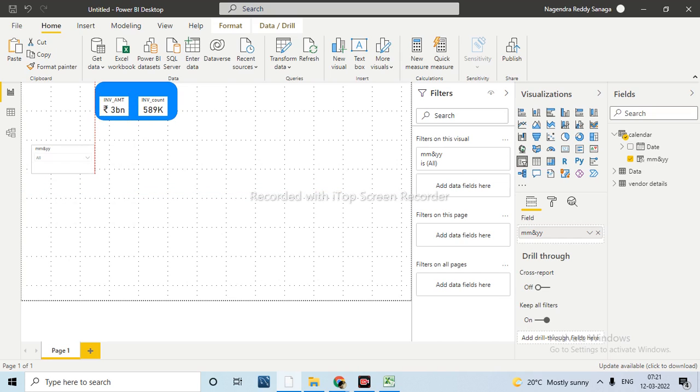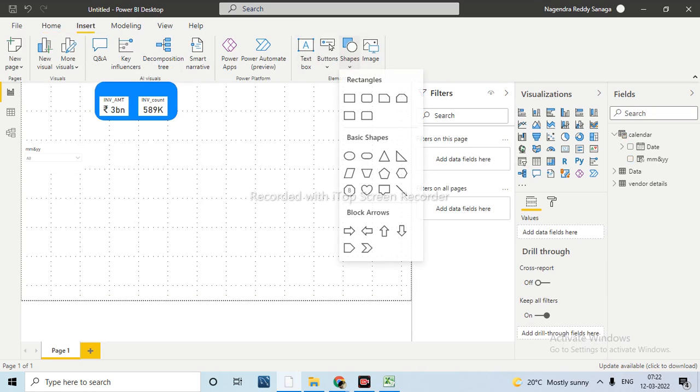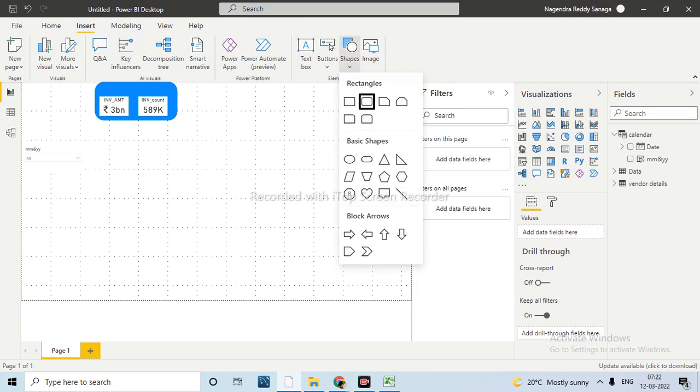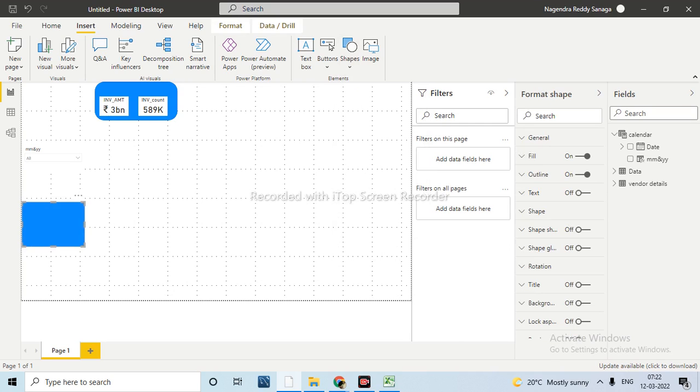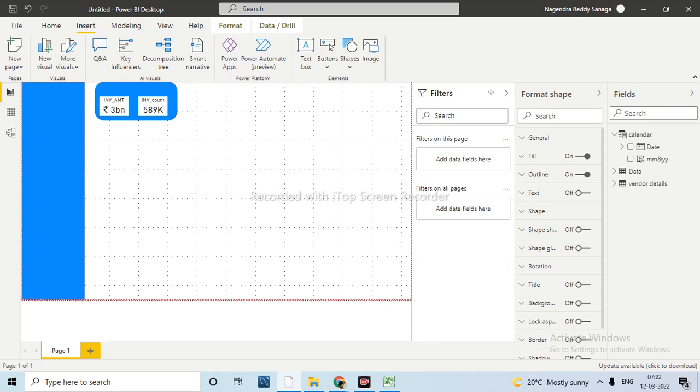For this one, we have designed in the background with some other color to highlight these filters. Just we'll take the same thing. We'll put this one. This one also will move up. Normally I have taken this logo here.